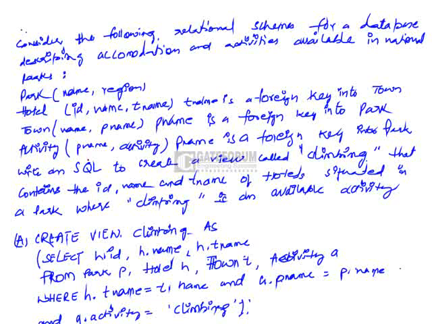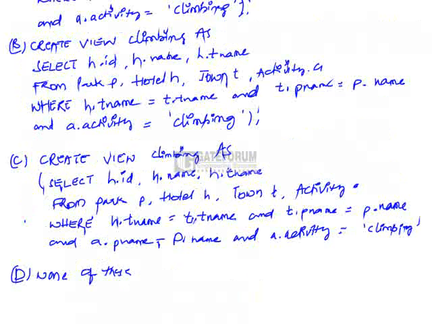In the activity table also pname is a foreign key into the table park, pointing to the primary key of the table park. So if we see option C,